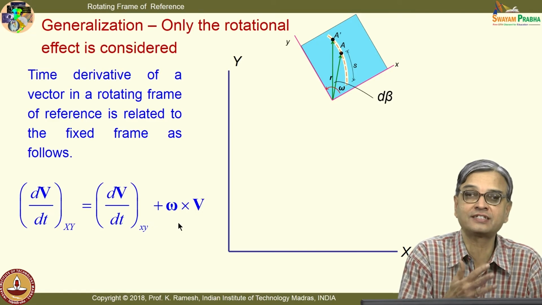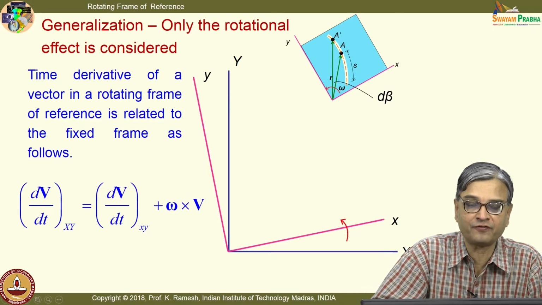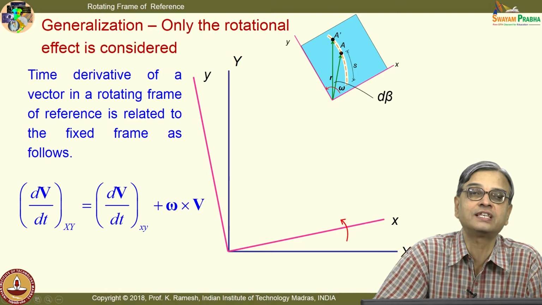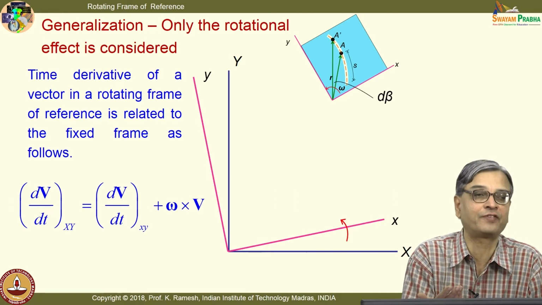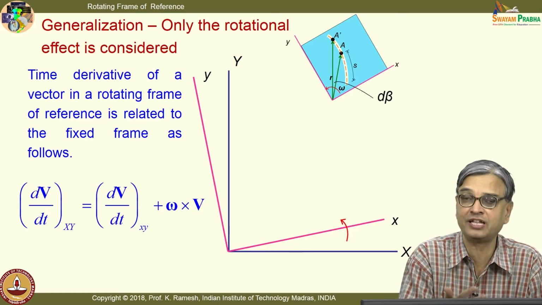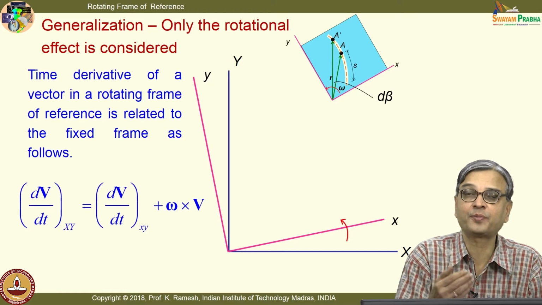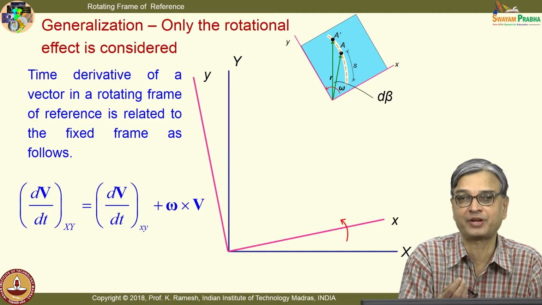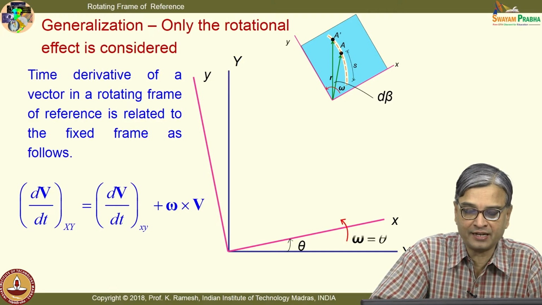So, you need to understand that there are advantages by rotating with the frame of reference. You are able to see the velocity in that frame, acceleration in that frame, which are labeled as VREL and AREL. You can measure only when you rotate with the coordinate system, but in the process you also miss out certain information. That is what is explained in terms of